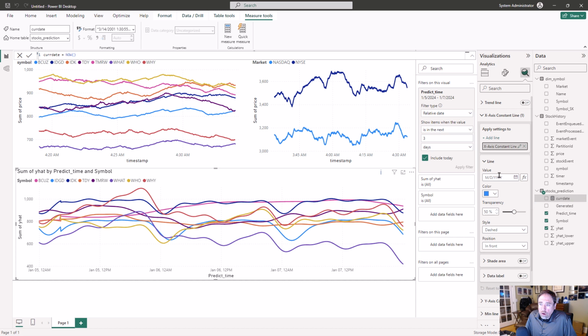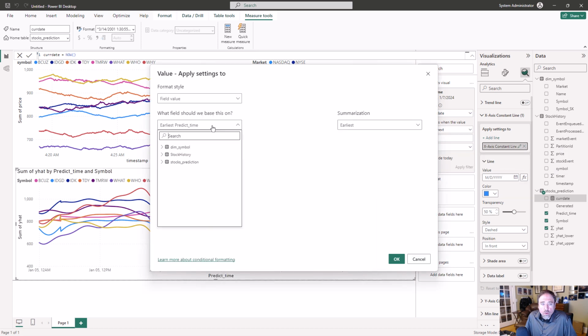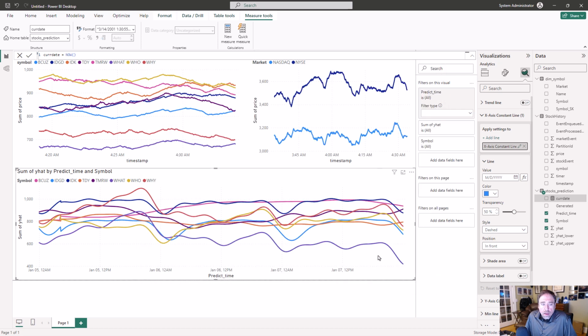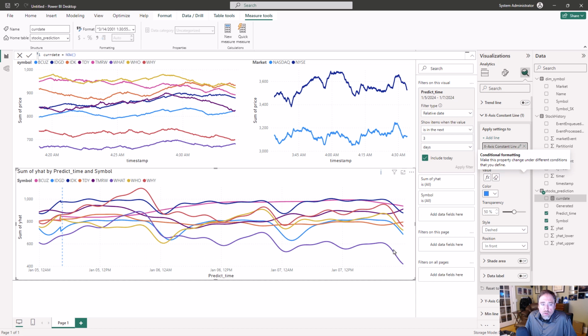And for the constant line, we have the formula, the conditional formatting button here. I'm going to click that, and I'm going to tell it to use the measure that we just created. And so what's going to happen when we do that is you can see it drew this dotted line here. So this is right now. This is right now as it's happening, and this will update as our chart updates